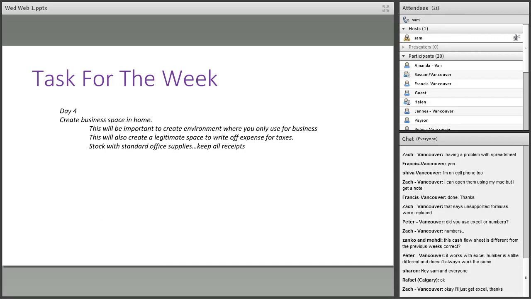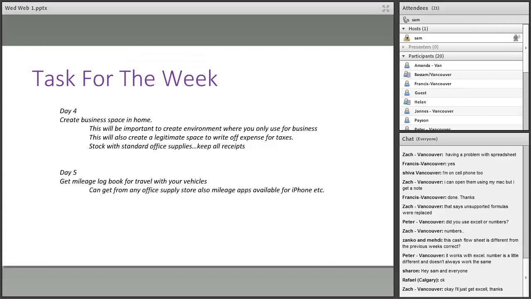Any office supplies that we keep for that space, we want to make sure that we keep the receipts. If you purchase a computer, same thing, keep the receipts. All receipts should be kept and taken to an accountant. Worst thing that could happen is an accountant says, we can't write it off. But it's better to be on the side of trying to claim it and let them sort that stuff out.